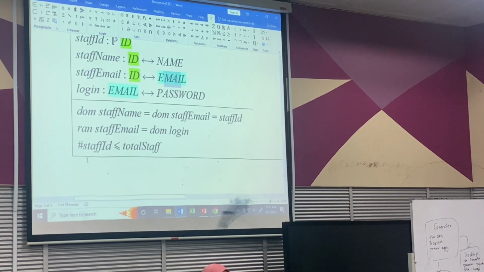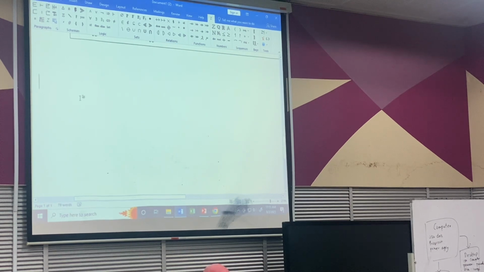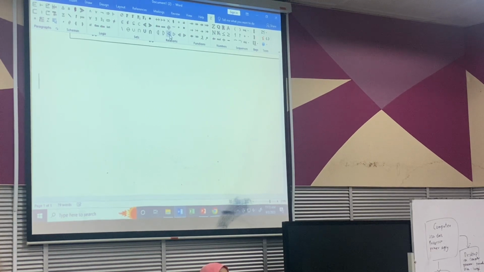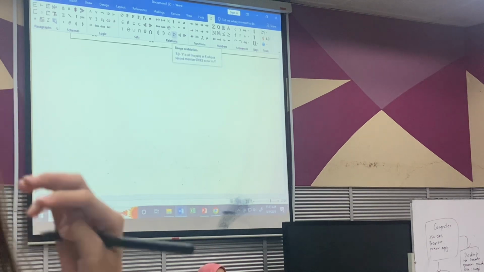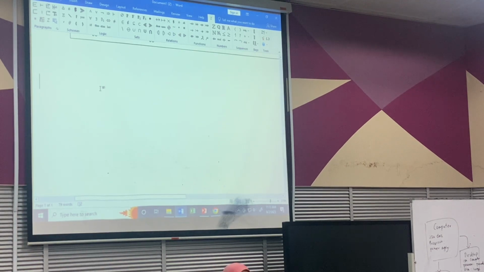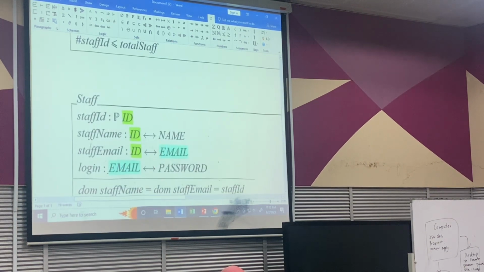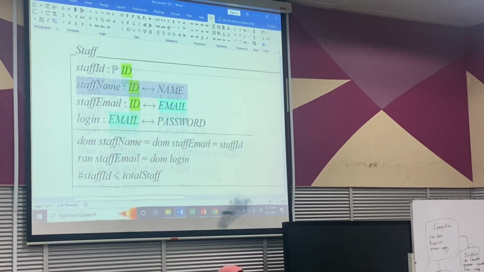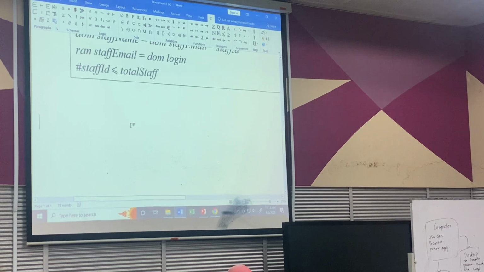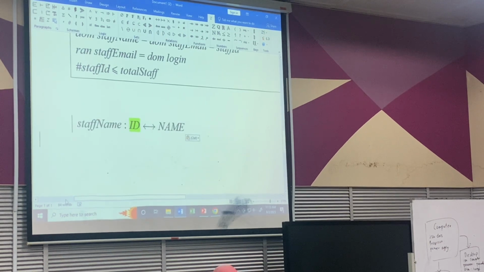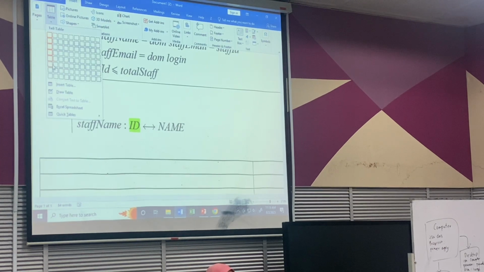So just now you saw domain restriction. The symbol for domain restriction is under the relation part here, so you have the arrow here. This is domain restriction, this is range restriction. Assuming I take one here, ID to name. So my database should be like this. Actually, in my database, I will have